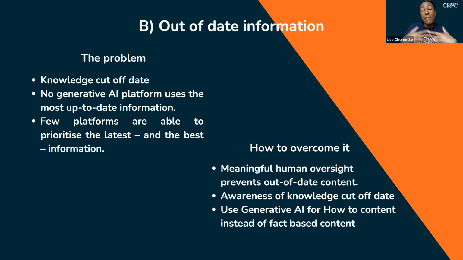So instead of perhaps wanting to know the latest results for a specific survey, you might want to rely on information that's much older, because we know that is going to be more accurate. And basically, it's best to use generative AI for how-to content rather than facts and stats,